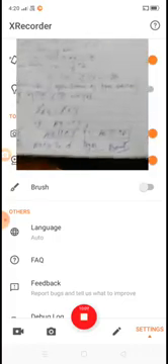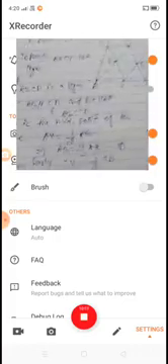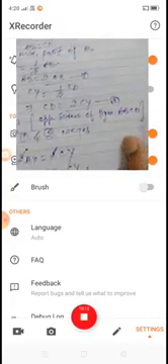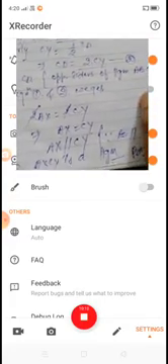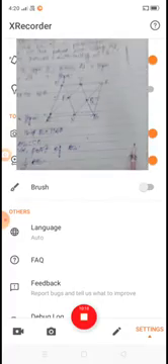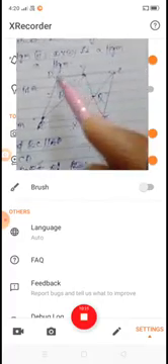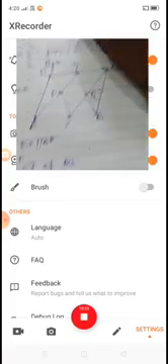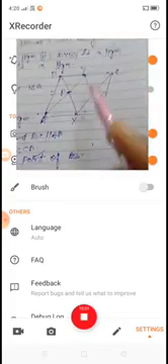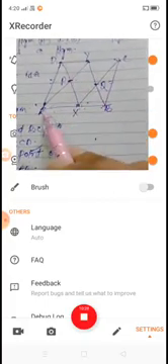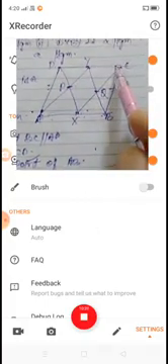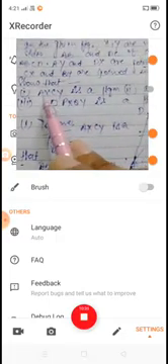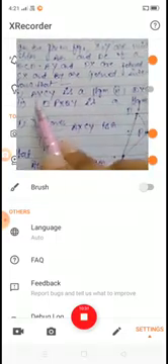So dear students, in this way we proved the first part. Now let's see once more. In the given figure, ABCD is a parallelogram, and according to the question, X and Y are the midpoints of the sides AB and CD. The first question is that AXCY is a parallelogram. We have to show that.